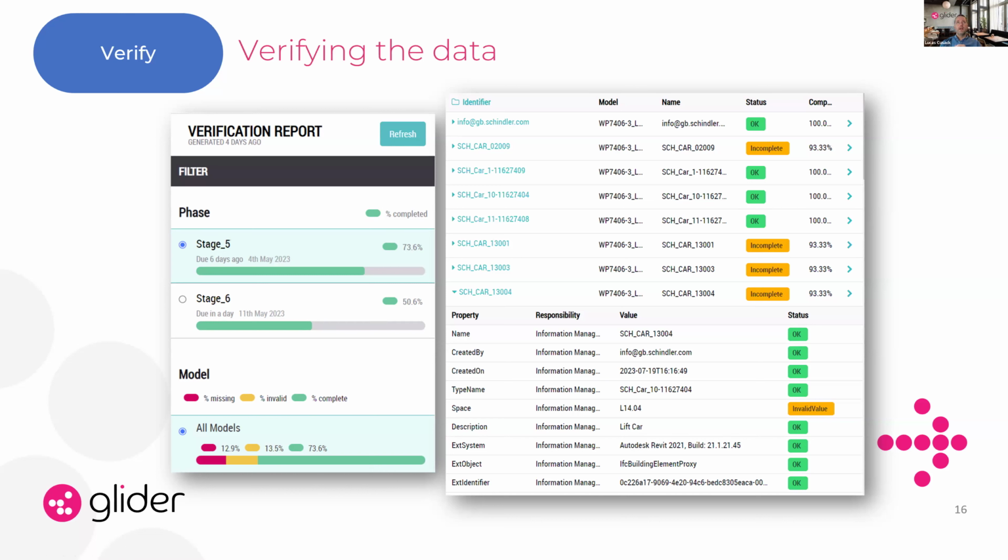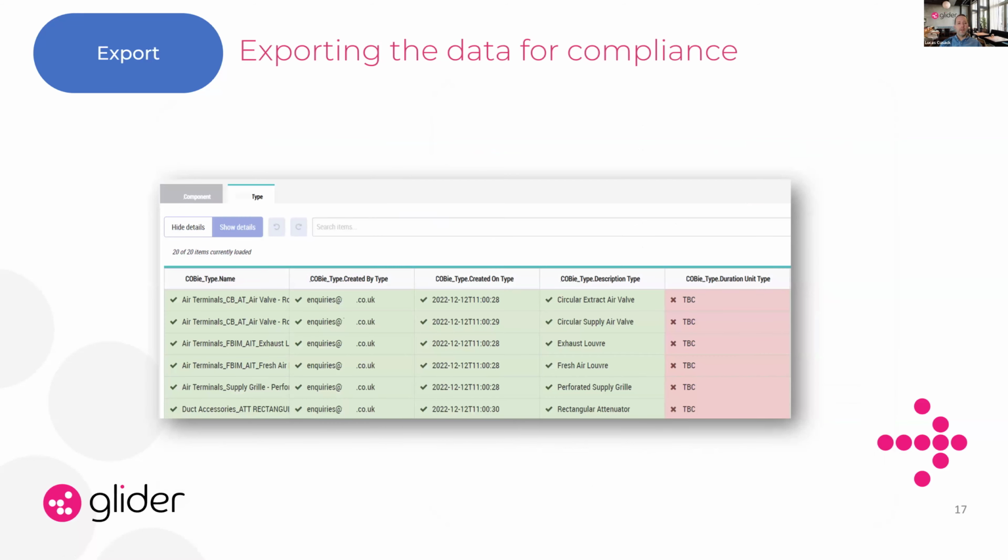It's showing me compliance against these components within the model that have come in, and you can break it down and see why that's incomplete. You can see there's an invalid value there. And this is all happening from our templates because we've set that space to be measured against a list, and it's checked it and it's come back and said, well, that doesn't exist, or it's incorrect, so it's an invalid value. So what we do there, we push out a request for information to the user who's given us that or is